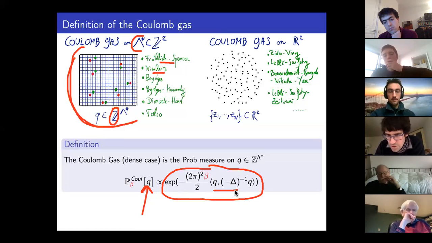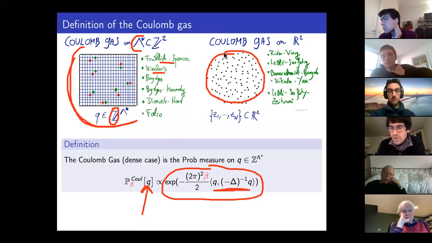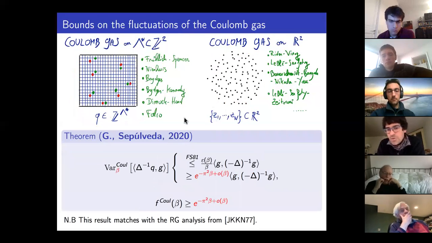But the difference with the Gaussian free field is the quadratic form. It's not the quadratic form given by the Laplacian, but the quadratic form given by the inverse of the Laplacian, and this is the reason for the log repulsion that you have between the Coulomb particles, which is exactly the same log repulsion that you would have in the continuous setting. And so the question we ask with Avelio is, can one have quantitative bounds on the way this Coulomb gas fluctuates? Here is the result, but before I comment on it, let me say that